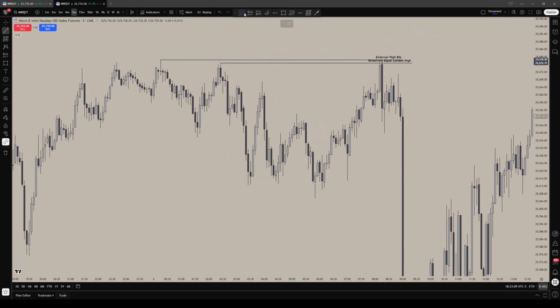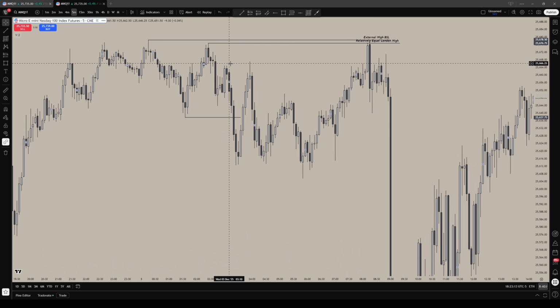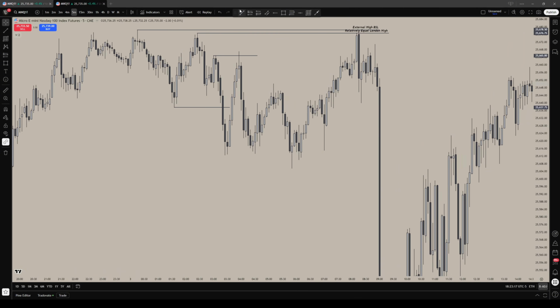And so we took out like this low, and then we retraced up, we took out the internal high here, we reversed down to, and we created a relatively equal low. So this is relatively equal London lows,